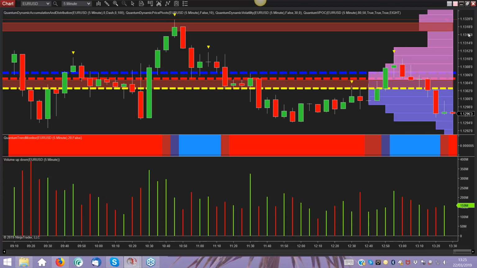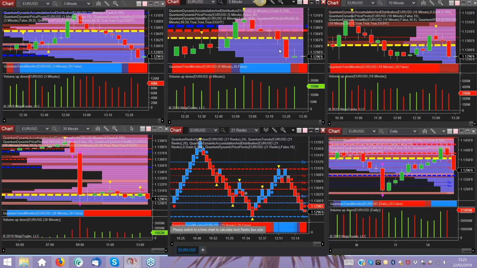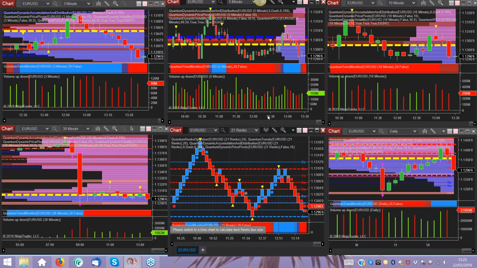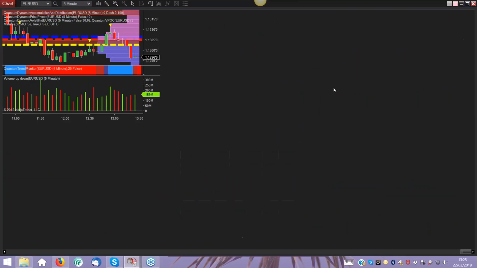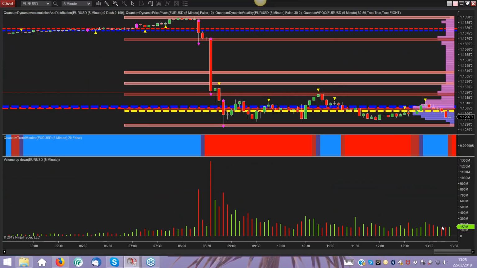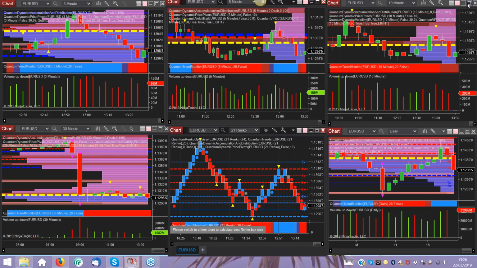And as we move lower, one of the key benefits of the volume point of control is simply, let's pull that back a bit, there we go, back to where we were. It's really about anticipation, because if the market breaks the downside below here, certainly on this 5-minute time frame, very light volume below, very little in the way of what could act as price support for a market move. And therefore, if it does get through here, it should go through that region pretty swiftly, because there's very little in the way of volume to obstruct its journey.